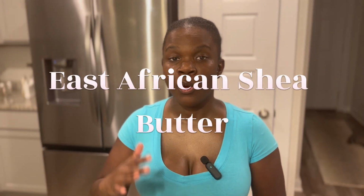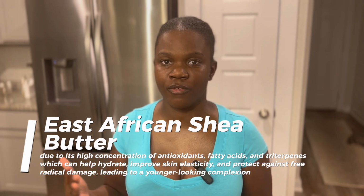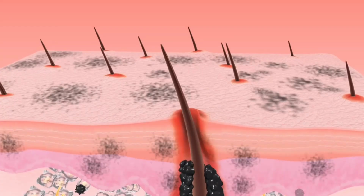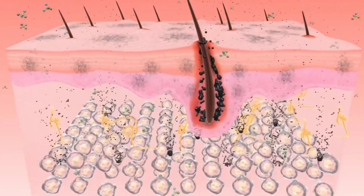Now, next up, we're going to be having East African shea butter. This is a powerful ingredient when it comes to skin elasticity and just skin rejuvenation in general. East African shea butter is going to be a lot different from the West African shea butter in the sense that it's really made up of compounds that actually are responsible for skin rejuvenation and skin elasticity. So this is a great ingredient in general that's going to help with anti-aging properties. What's also really great is that it's also an anti-inflammatory. So this is going to help calm down any redness, and any bloating or puffiness on the skin. It's a really great all-around butter that's going to be powerful in the anti-aging properties that we need